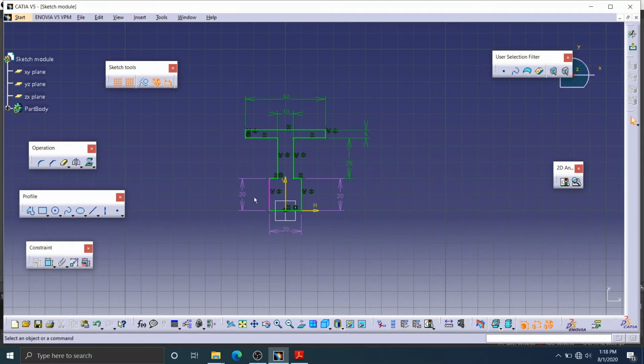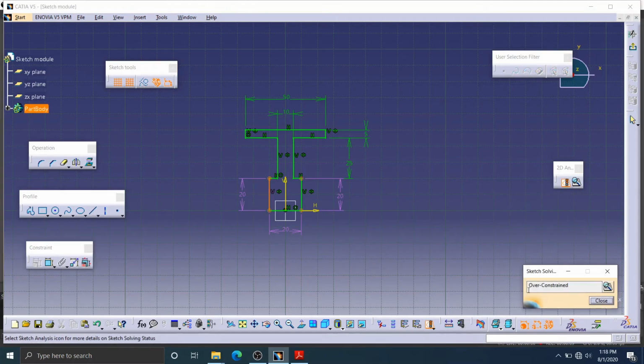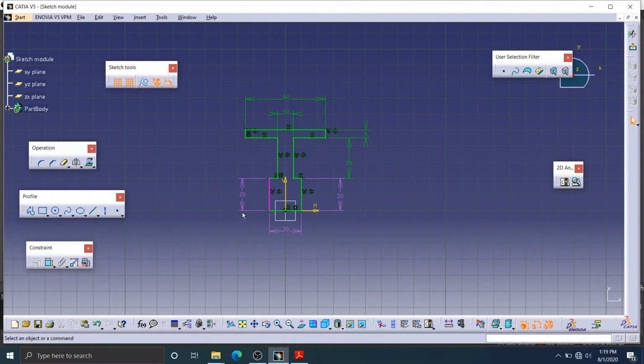If you notice this color in your sketch, this is known as over-constraint. Your sketch should always be iso-constrained or fully constrained. As a recommendation, it should not be under-constrained or over-constrained.